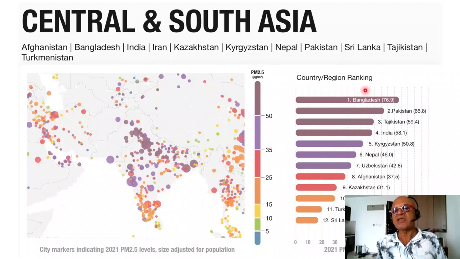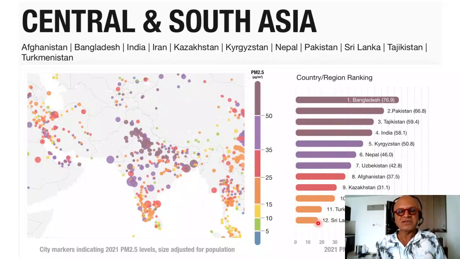So country and region by ranking, Bangladesh, unfortunately a poor country, has some of the worst air quality, PM 2.5 loading of 76.9 micrograms per meter cube, way past the target set by any air quality standards. Pakistan is pretty bad. Tajikistan, India stands here at 4th, and China is not even in the top 12 list here. That's because we are only looking at South Asia and Central Asia and not China. You can go to the China map for looking at those things, which I didn't include in here.